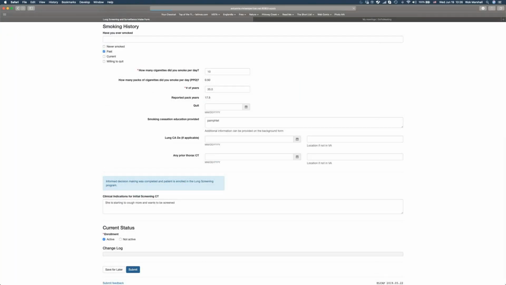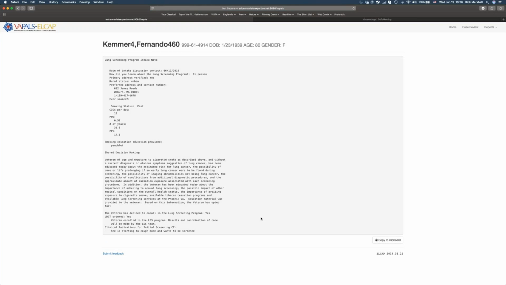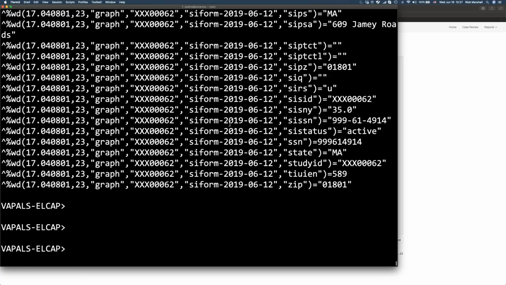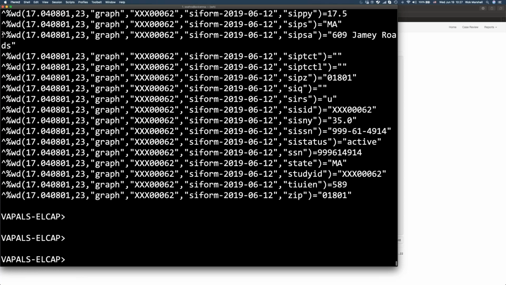And I say submit, right? And it's going to validate the data. And, you know, the validation is going to say 609, 612 doesn't make a difference to me, right? It doesn't have the post office database. It can't look and see that, in fact, there is no 612. It just sounds legitimate to it. So it does that, and it generates the new note with the 612 Jamie Rhodes instead of 609 Jamie Rhodes, which I could then copy to the clipboard and then paste into my CPRS form if I were filling out CPRS. But what I want to do is go back here and say,